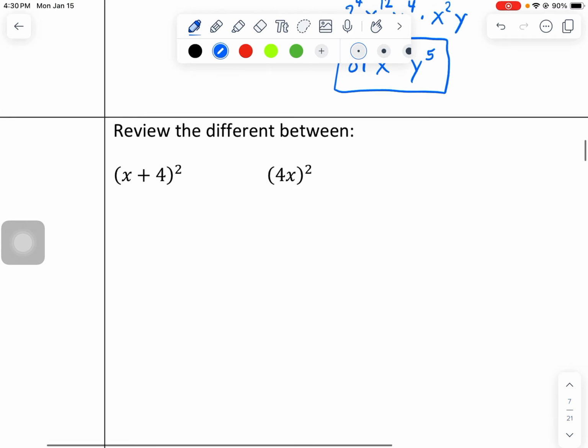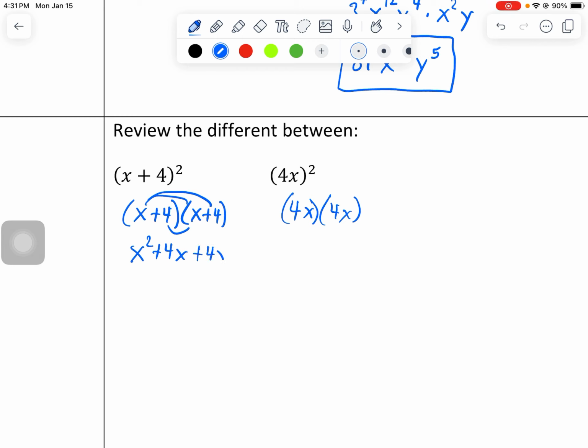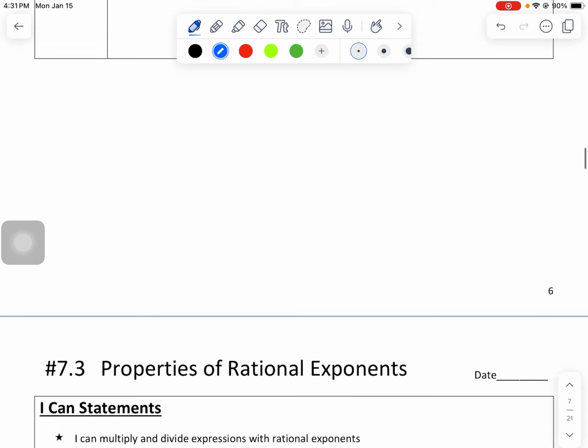Okay, and then just a quick little review between these. Remember that x plus 4 squared is the same as x plus 4 times x plus 4. It's taking the entire parentheses times itself, whereas this is 4x times 4x. Here we would have to do the FOIL process, so we'd get x squared plus 4x plus 4x plus 16, resulting in x squared plus 8x plus 16. Whereas these would end up being 16x squared. We get two completely different answers. So make sure you're cautious when it comes to the squaring between parentheses like that. And that is it for